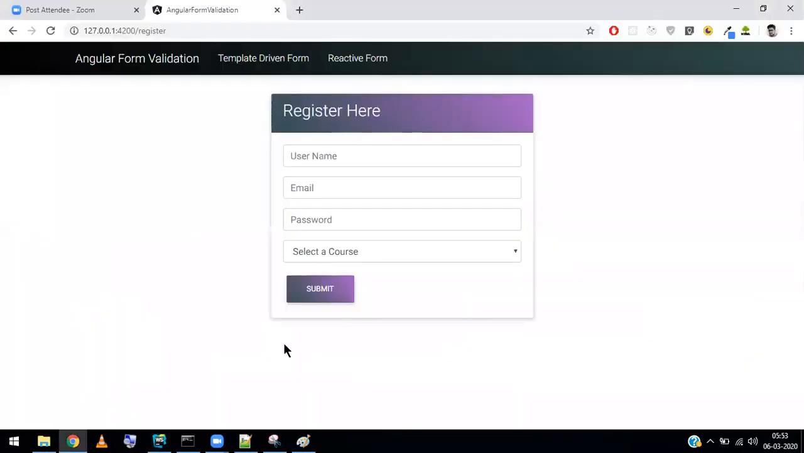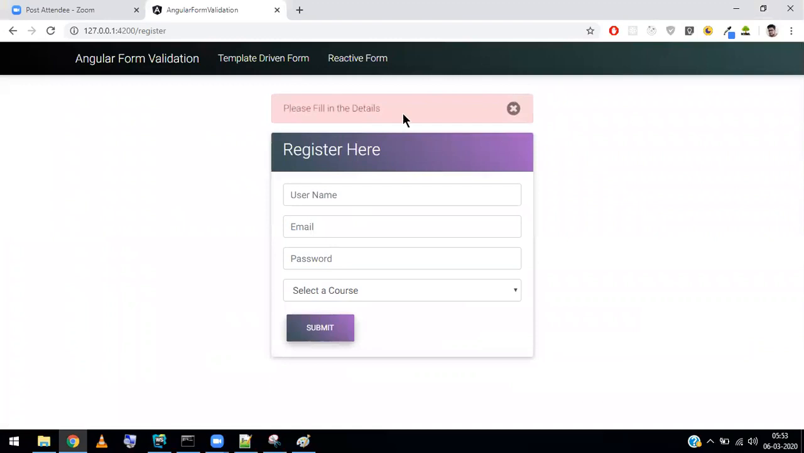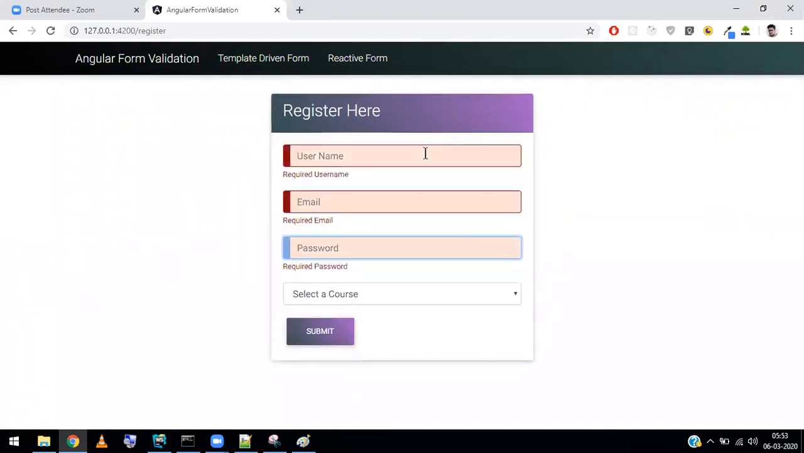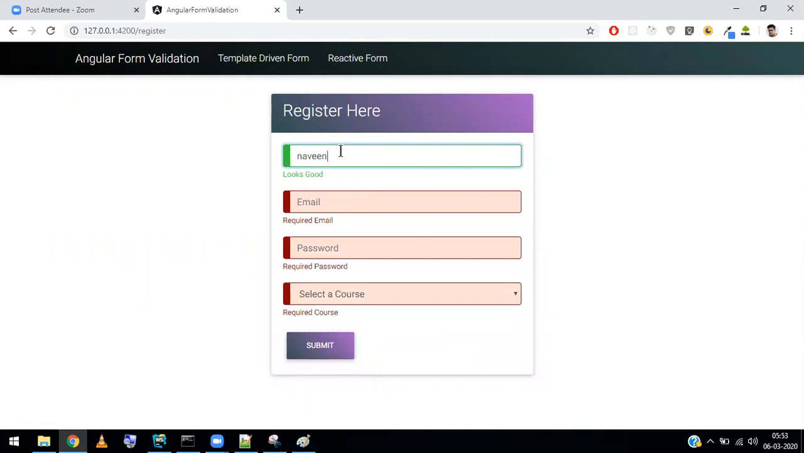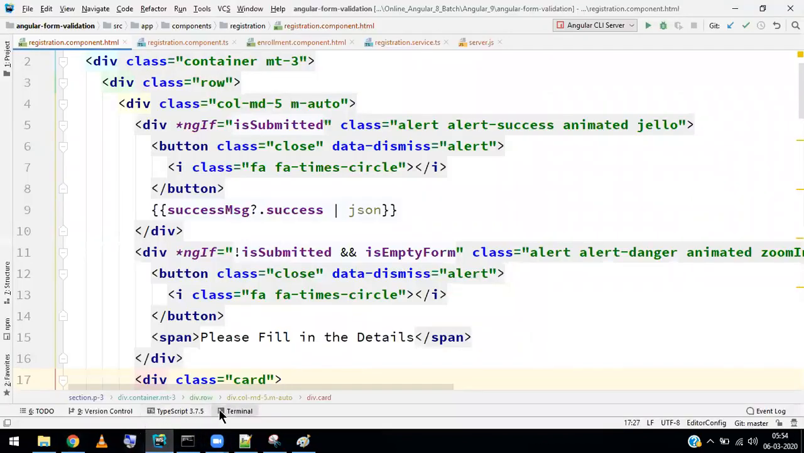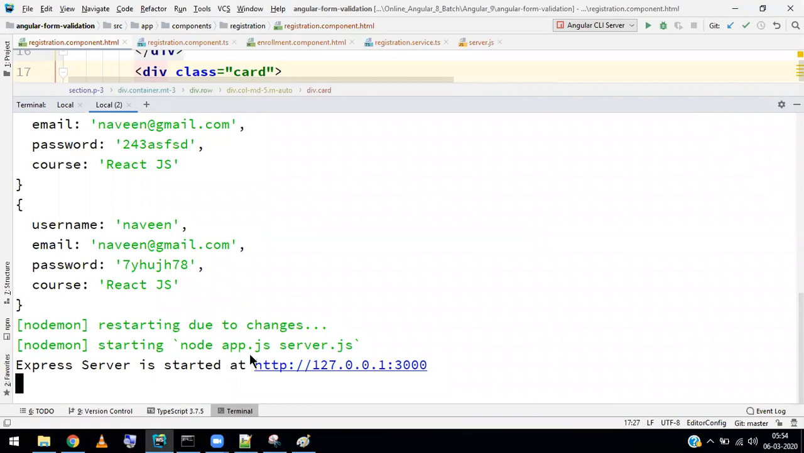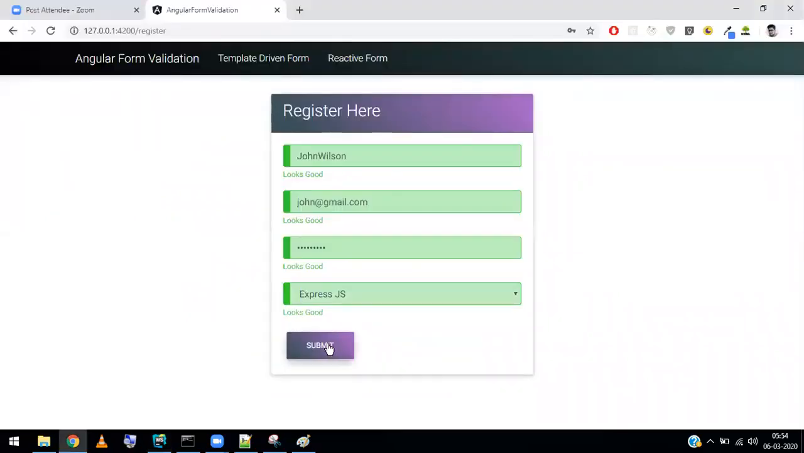Fine, let's check. This is our reactive form, and let me submit without entering anything, just to get the fill in details message. So you must fill in the details. So let's say some name, John Wilson, john@gmail.com, and some password, and he selects express.js, and just keep the server on also. Yes, the server is started now. So when I click on submit,